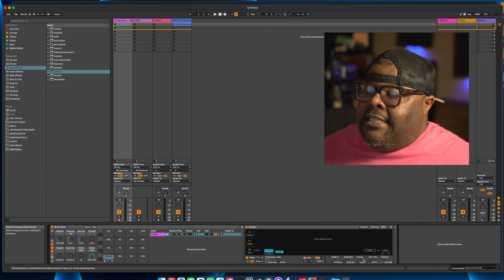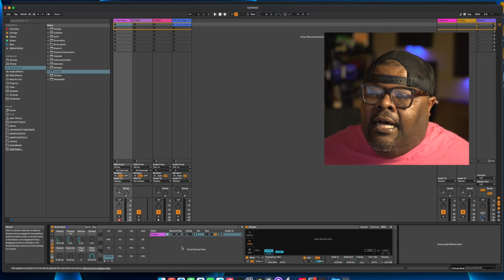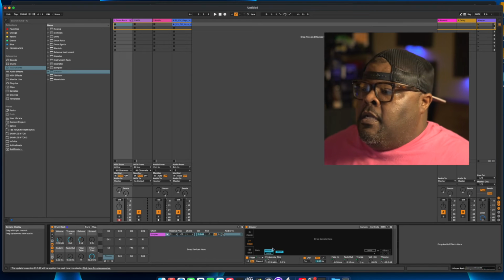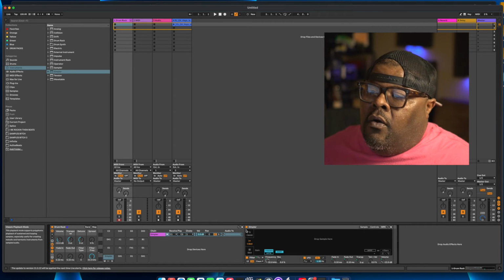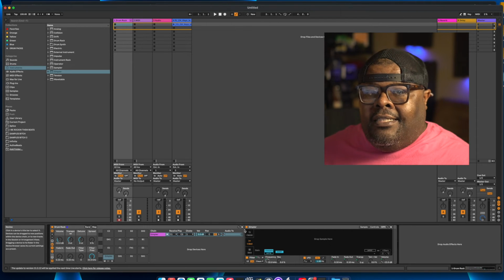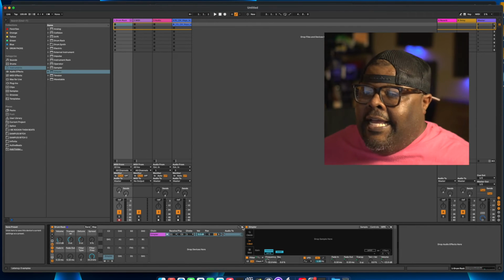So in this case, I'm gonna turn that off. All right, and I think we're good, dare I say. All right, so now what I want to do is I want to go and save this, and I want to set this up to where I can choose this as my slicing type when I slice my sample. So first things first, I'm going to go ahead and save it,